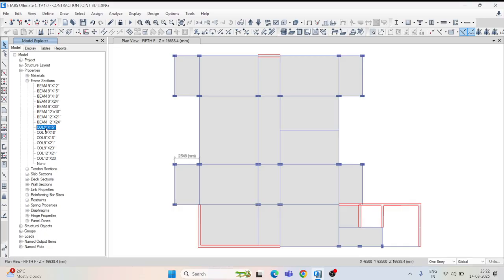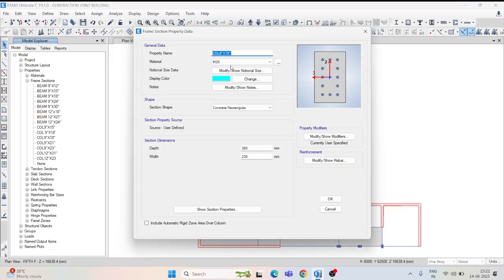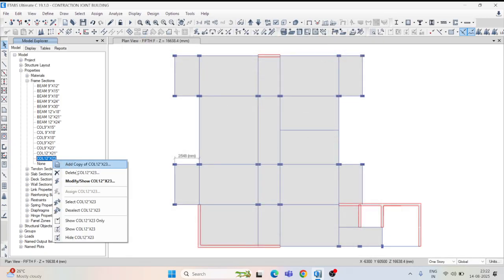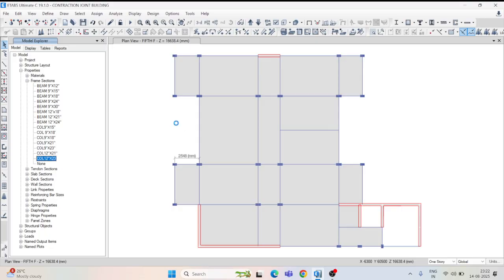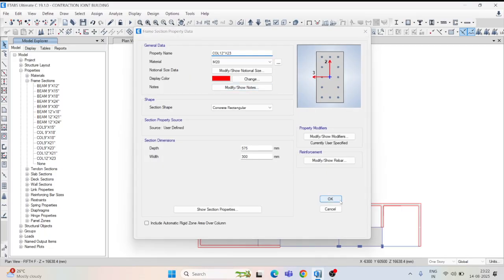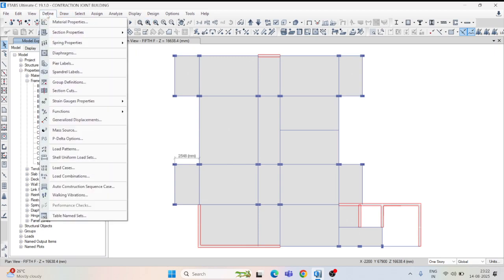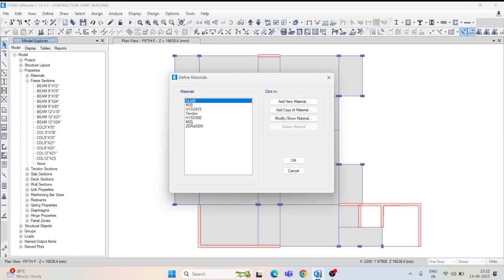Now you check the column also. In column also M20 is used. So I think we don't use M30 grade of concrete. You have to go for only M20. So we checked. Now go to define material properties, and here you take M20, go to